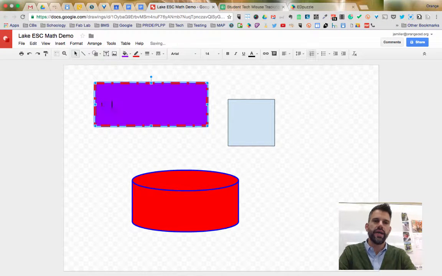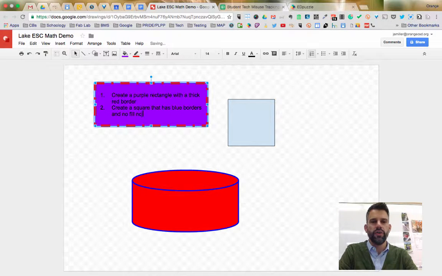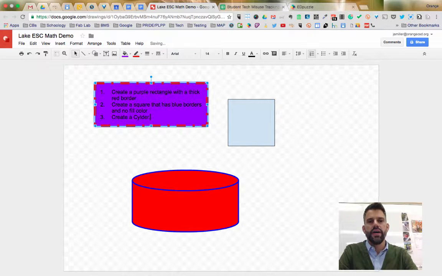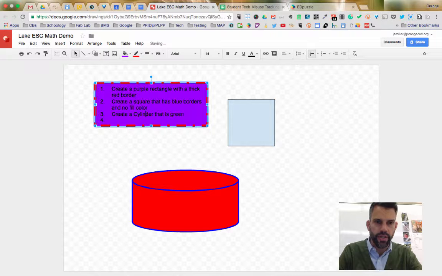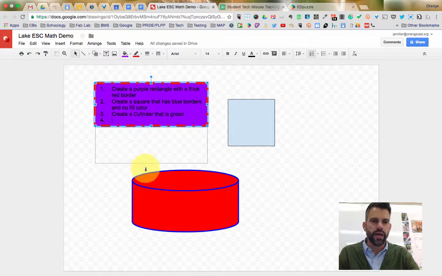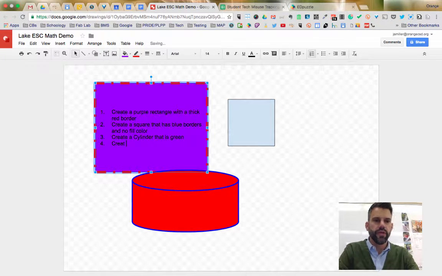So what I want you to do right now is create a purple rectangle with a thick red border. I want you to create a square that has blue borders and no fill color. I want you to create a cylinder that is green, and, first of all, don't learn from my spelling here. Let's make this a little bit bigger. I want you to also create a scalene,